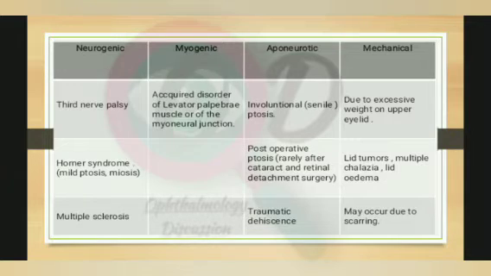Okay, aponeurotic. What is aponeurotic here? Aponeurotic is a complicated term but an easy one, and it is very common. It is seen commonly because of surgeries, whatever we did as a cataract surgery or a retinal detachment surgery. Sometimes at that time, the levator palpebrae superioris muscle gets dislocated from its original position from the tarsus, and that causes drooping of the upper eyelid. So if it gets dislocated after surgery, then this comes under aponeurotic.